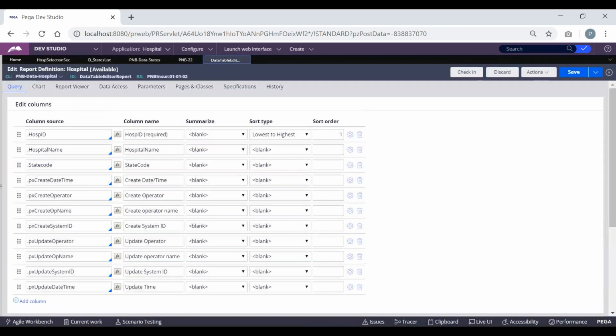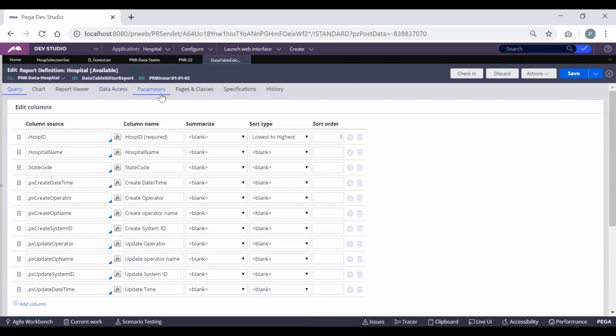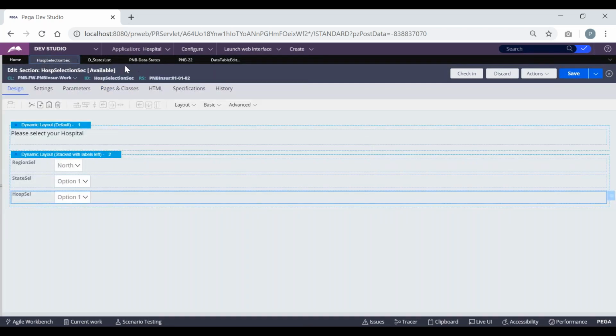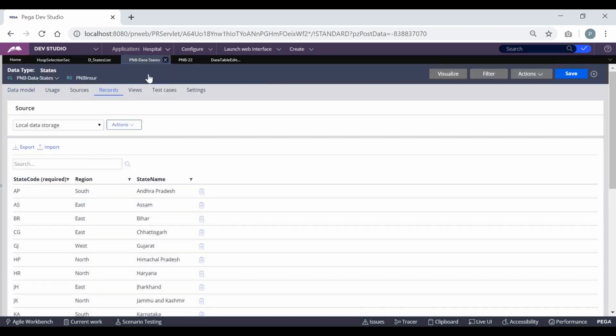So based on that, we will be getting all the results related to that. Before we create the data classes, make sure we define every column correctly. So here I should be linking with the region. This is the second drop down. I should be linking with the region. So I should be defining this column also in the hospital.